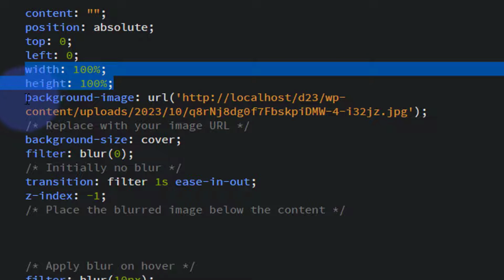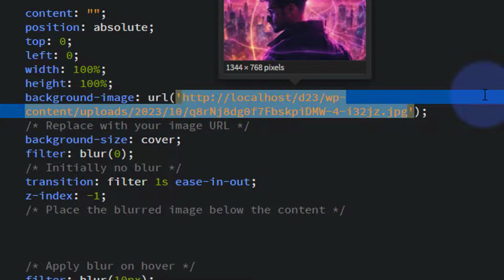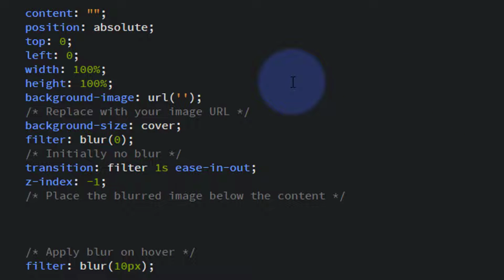Now the background image right here, let's just take this away so it doesn't confuse you. That's a URL of the image that I want to put in there. Let's delete that. That's fine. And I'll put a little explainer there, replace with your image URL, and I'll show you exactly how to do that in a moment. Background size, I want the image to cover our module, whatever size it happens to be